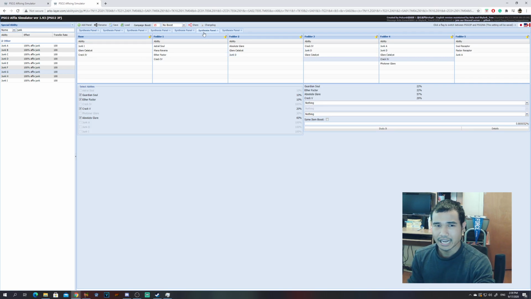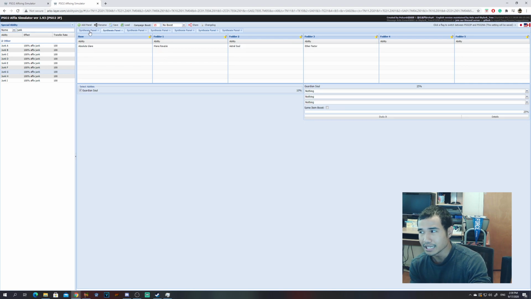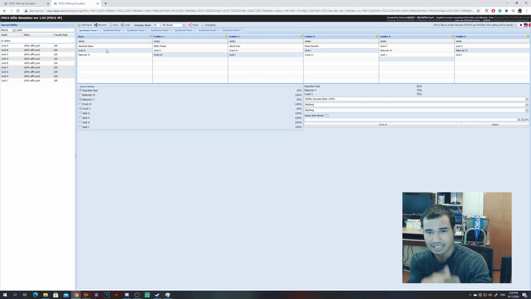For me personally, I would make sure that if I have a unit piece that's already finalized with 3 of the 4 abilities, I try to transfer most of the abilities towards what I need to do. So I would definitely want to try to get Ether Factor to transfer over. Now, if I haven't made a 3-slot unit piece or a 3-slot weapon that has all 3 of those abilities, Astral Soul, Mana Rev, Ether Factor, then I will have it broken down like this and then just manipulate it as I see fit,